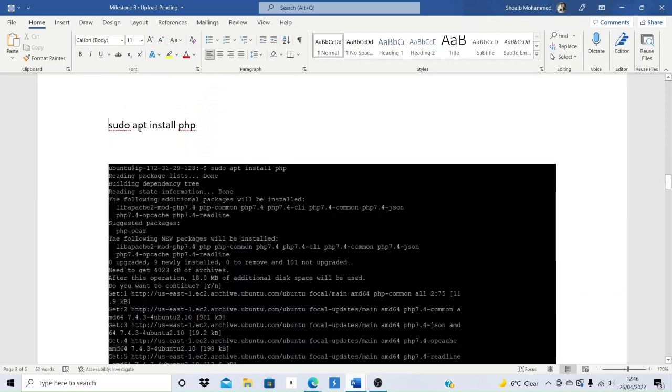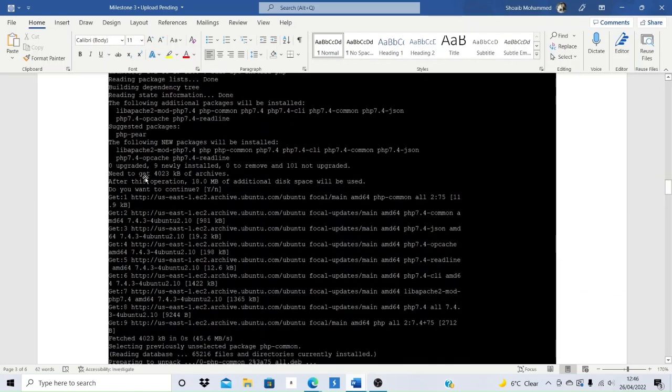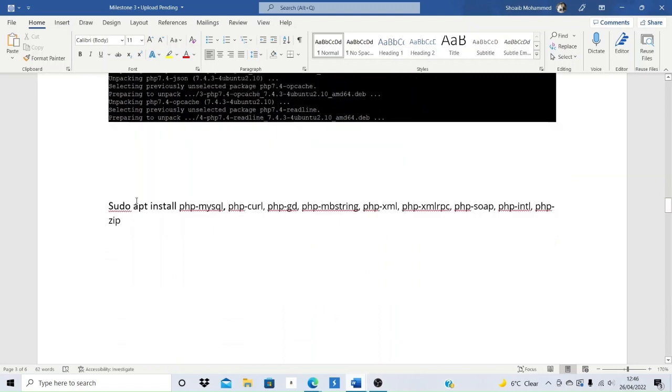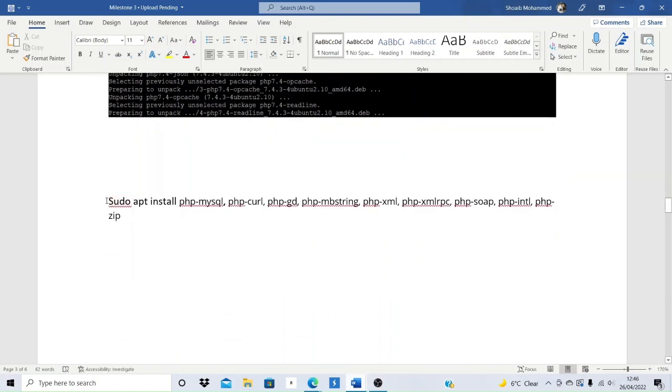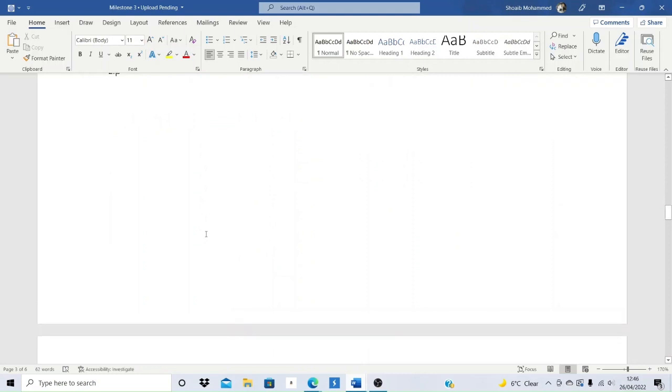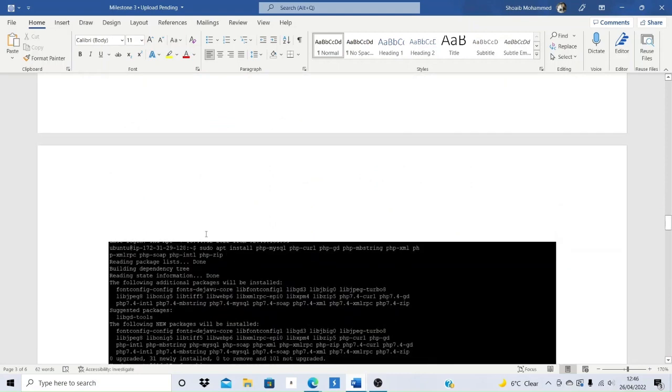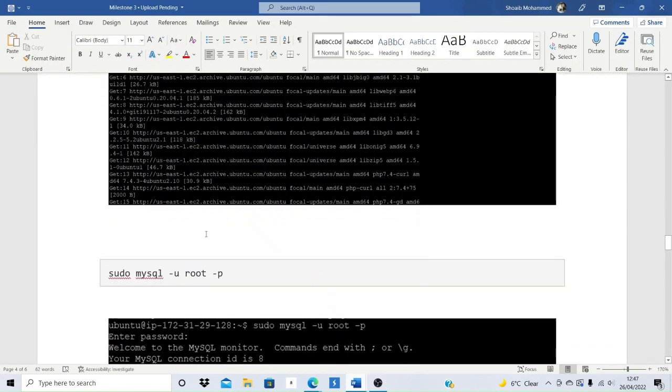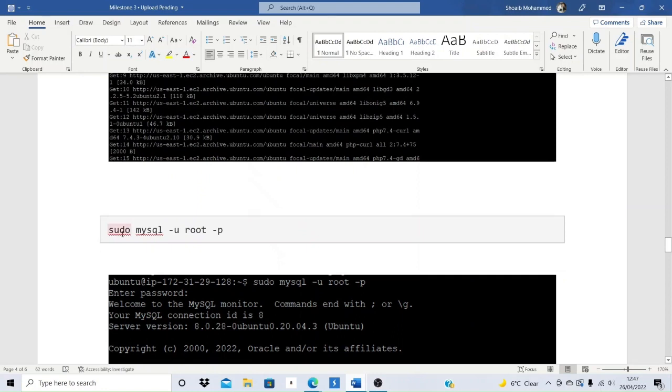And then I also installed sudo apt install php. I also installed other packages, as you can see, all of these commands to help me with my assignment. I'm building my web-based content management system, which is going to be WordPress for this assignment. So after I finally installed all of these,